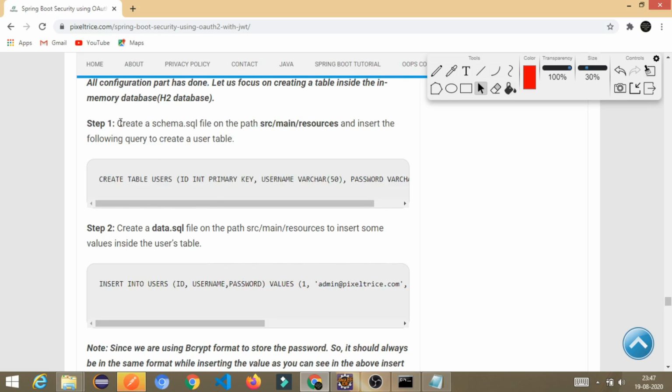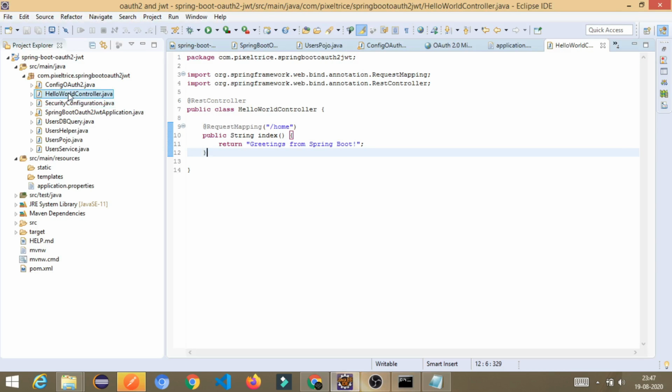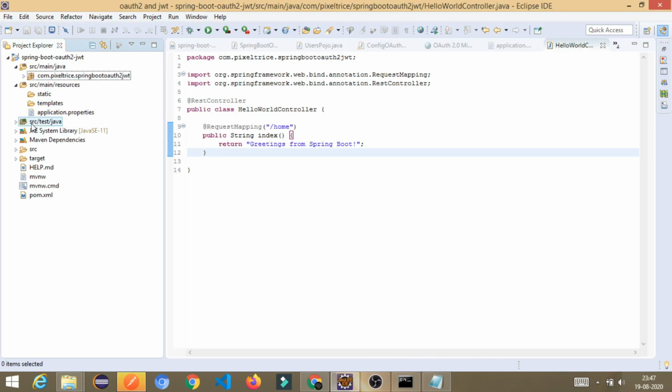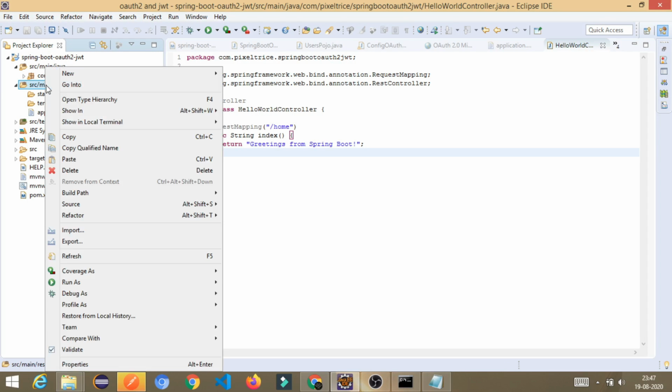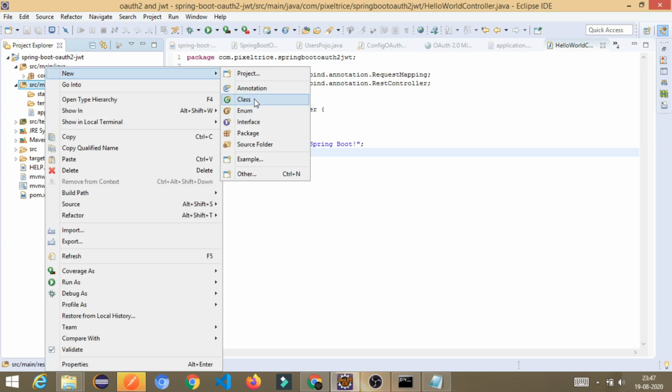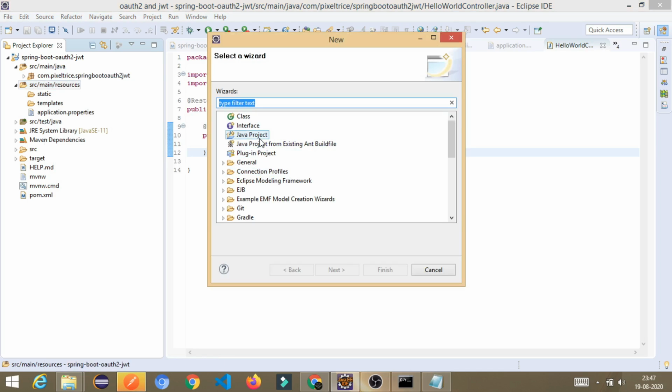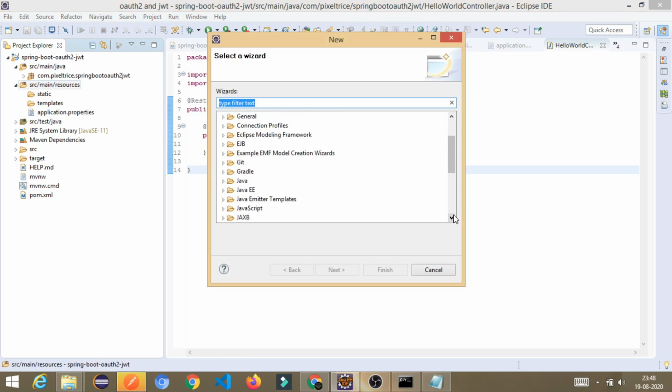So what you have to do is create a schema.sql file on the path here. So go to here, where this is, and here you have to go and create a SQL file. So what I will do, I will click on Others and scroll down.